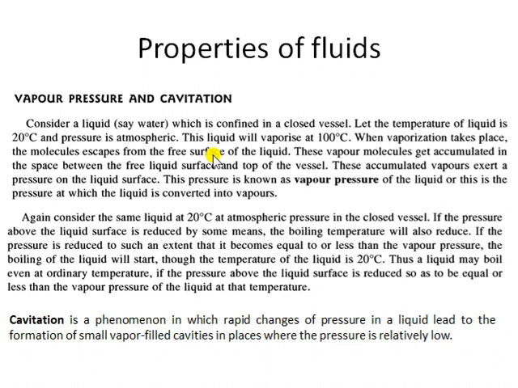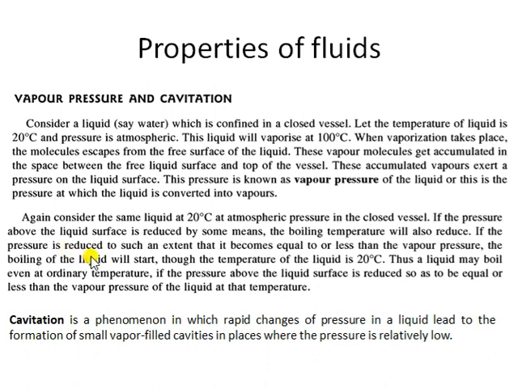Again consider a closed vessel at 20 degrees Celsius and atmospheric pressure, and the vessel is partially filled, not completely filled. Now, instead of increasing the temperature, we will try to decrease the pressure. What will happen if the pressure is reduced? The temperature is still constant at 20 degrees Celsius. If you reduce the pressure below atmospheric pressure, to sub-atmospheric pressure, and atmospheric pressure is around 1 bar, say with the help of vacuum creating devices, the pressure will keep on decreasing.